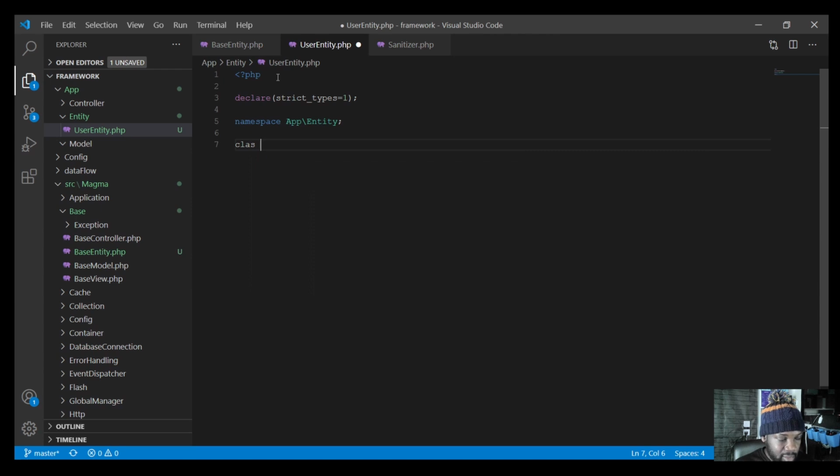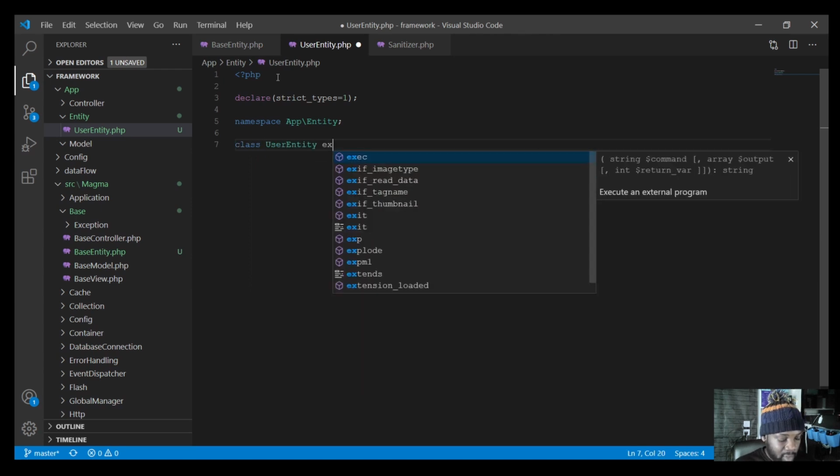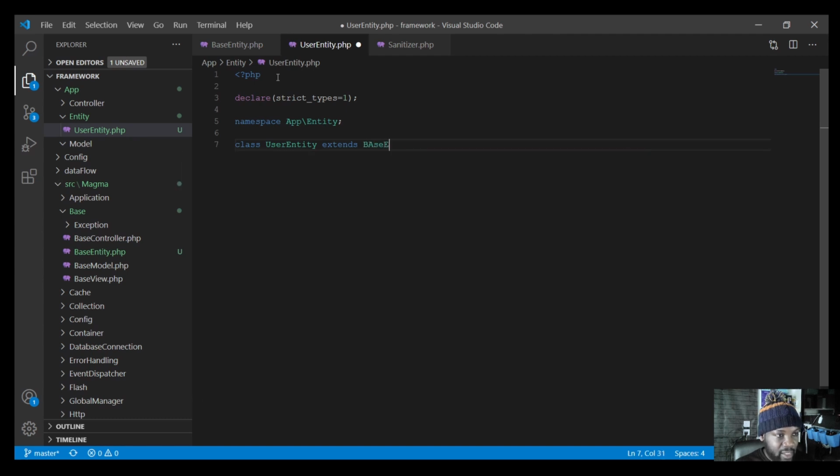So say class user entity. We're going to extend from that base entity, and let's bring that in. We use magma base entity,